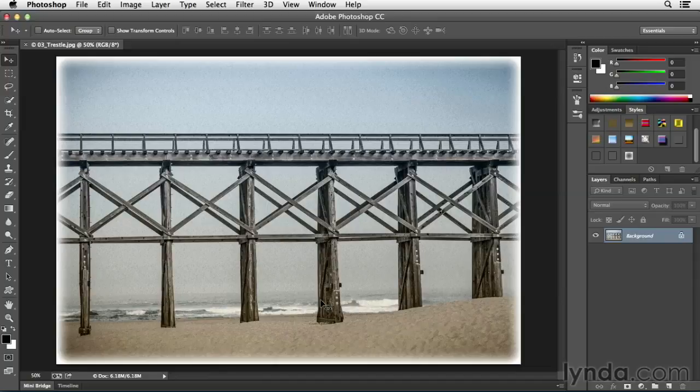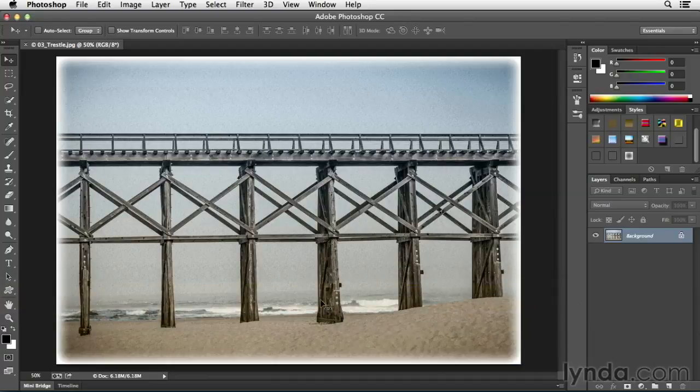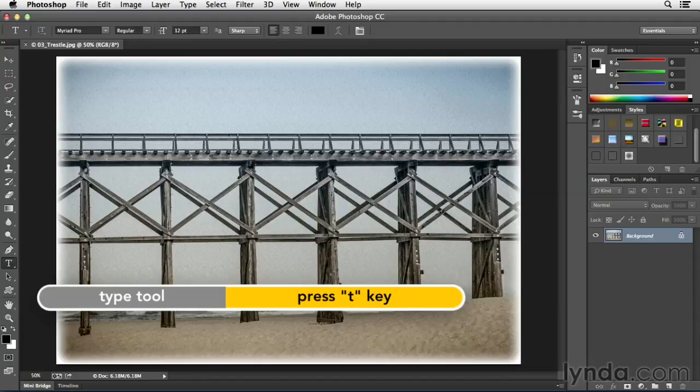One of the easiest and most common layer effects that you'll see is the technique used to create a transparent watermark, or the ability to overlay your logo on top of an image, yet still see through to the image underneath. In order to do this, I'm going to tap the T key in order to select the type tool,